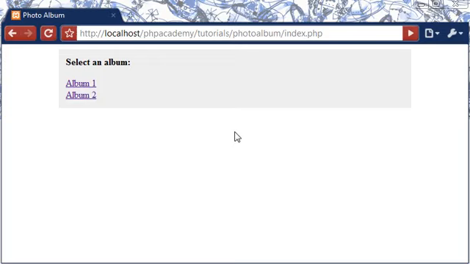Okay, so this is a tutorial on how to create a photo album for your website. Now this is a very simple concept. The code is slightly complicated, so I'm going to have to explain that well. I'm just going to take the first part of this tutorial, talking you through the features of this photo album